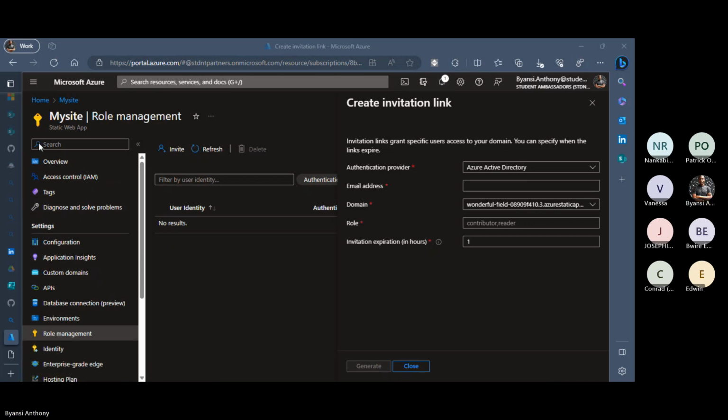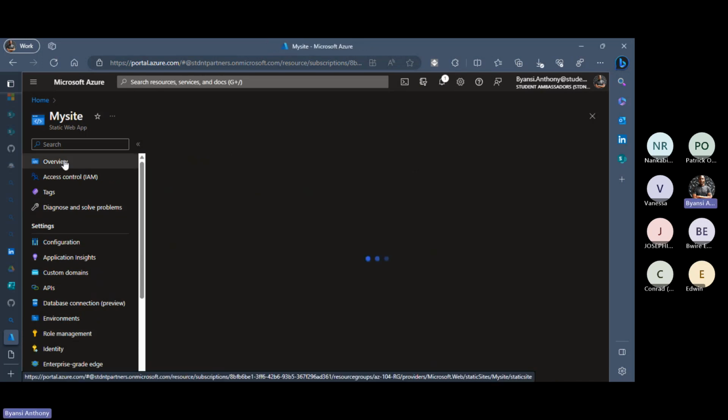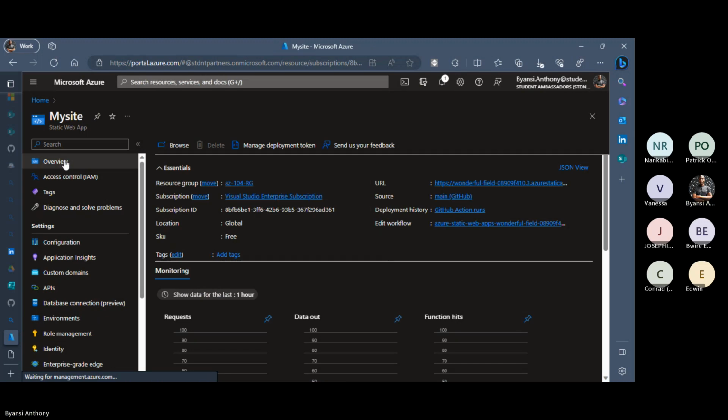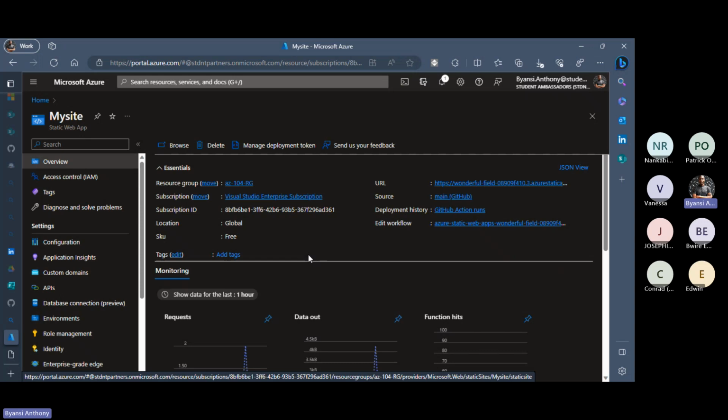For now, I'm just going to go back to the overview section. So essentially that gives us an overview on how we can get started with applications within Azure. One other thing maybe I would want to stretch out is